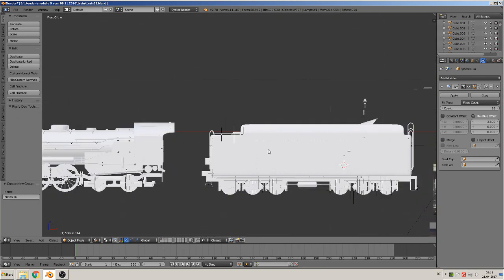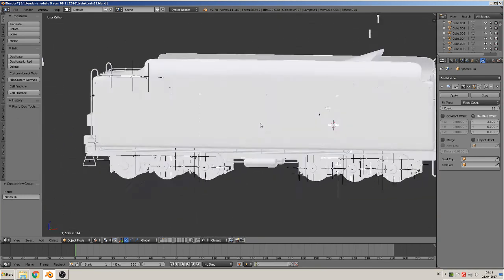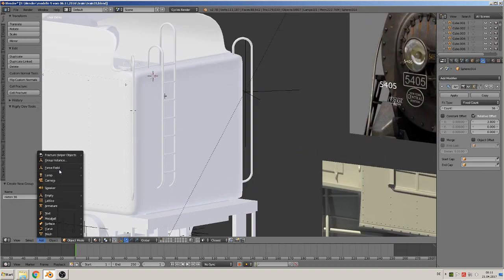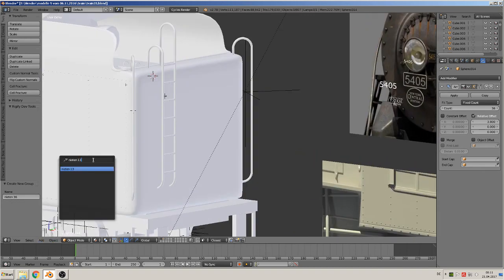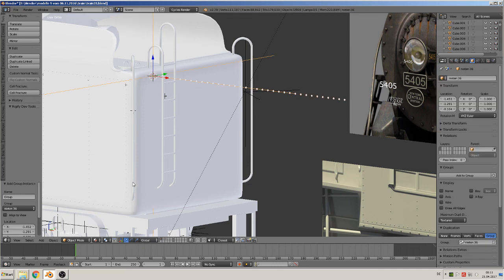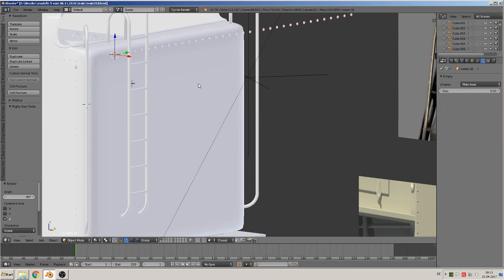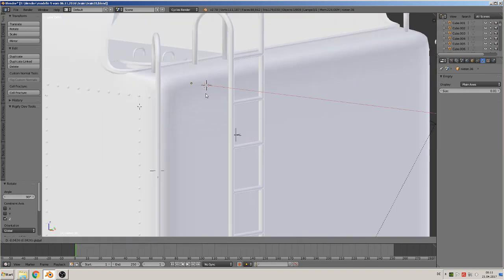Go here, we need them at the back here, so add group instance 36, we rotate set minus 90, I think. No, then rotate set 90, yeah, and get the axis down,